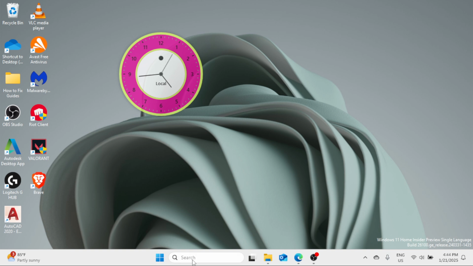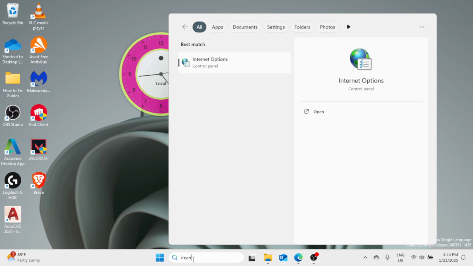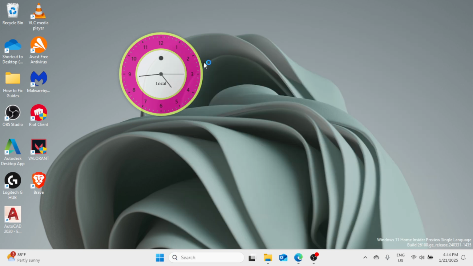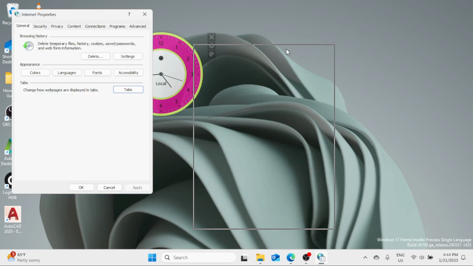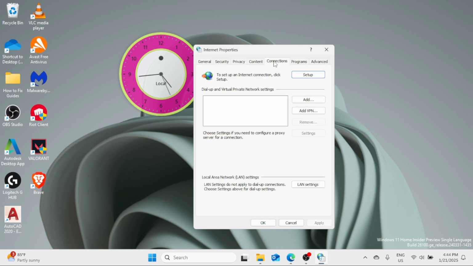Now in the Windows search bar right here, you have to close your Google Chrome window first, then move to the solutions. Type here Internet Options, Best Match, click on that. Now here in the Internet Properties, you have the General, Security, Privacy, Content, Connections, Programs and the Advanced tab. Click on the Connections tab